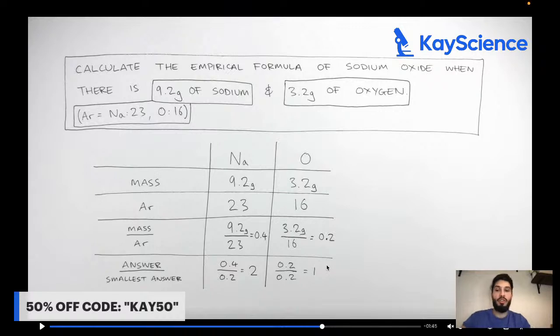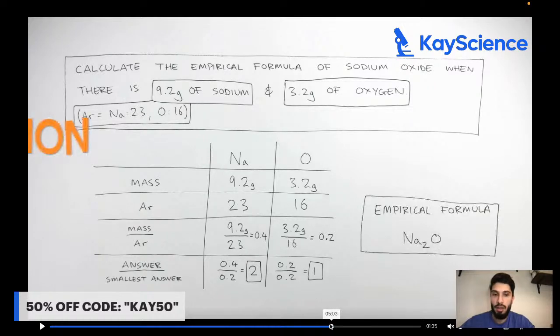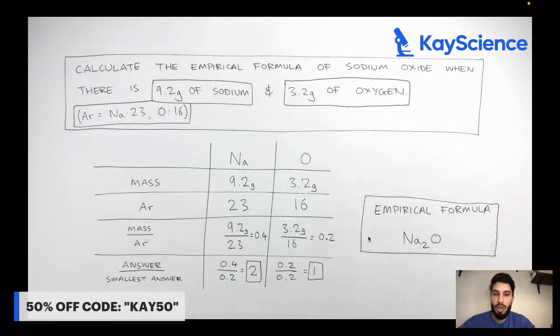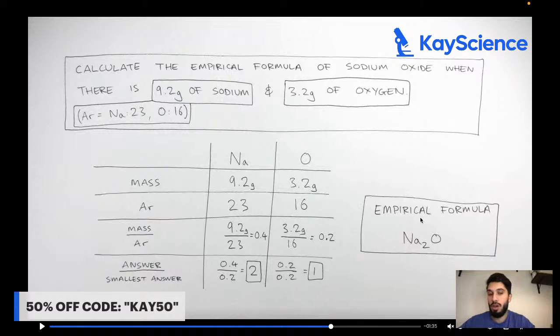At this point, you would have got 2 out of 3. To get the third mark, we then write the empirical formula. We take these numbers, the 2 and the 1, and this tells us that in the empirical formula there are two atoms of sodium and 1 atom of oxygen. Therefore, the empirical formula is Na2O. At this point, you would have got the third mark. Had you just written Na2O,